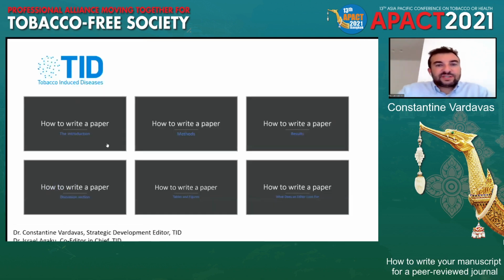So the next part of the session, which has 6 sections in this workshop, is where we're going to look one by one at the different aspects of a manuscript. This was what an editor looks for, what the main parts are, what happens when your manuscript gets submitted to a journal, and what the first assessment is. Now I'd like to present the different sections and what to do in each of them.